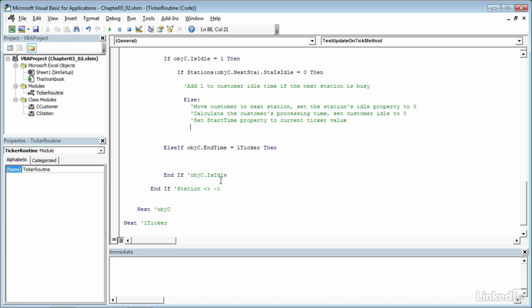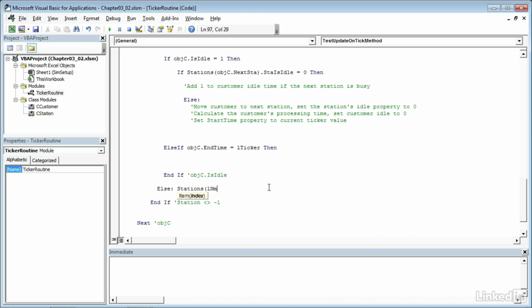So I'm going to type above the end if for station not equal -1, I'll space in twice, and that's else, colon,